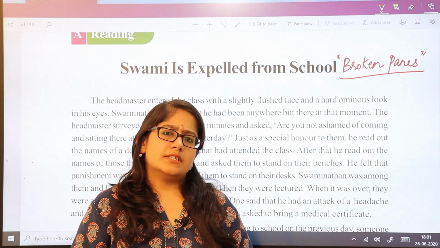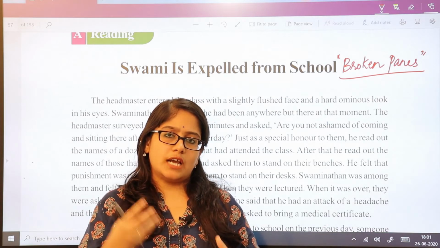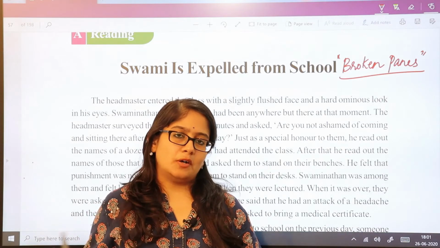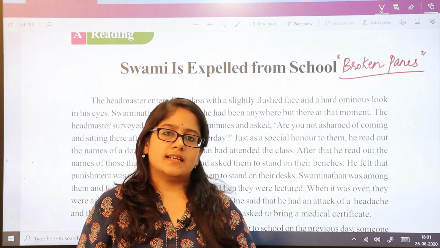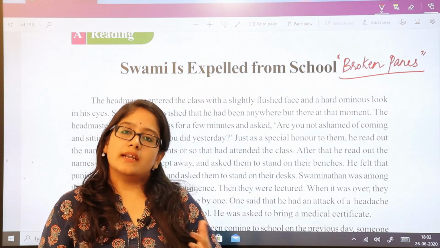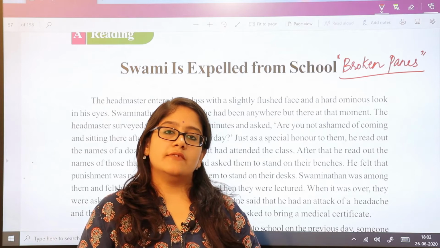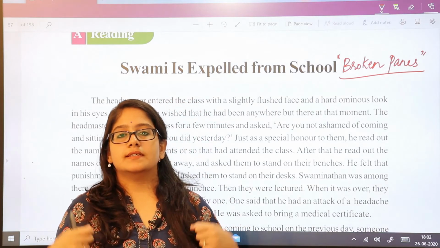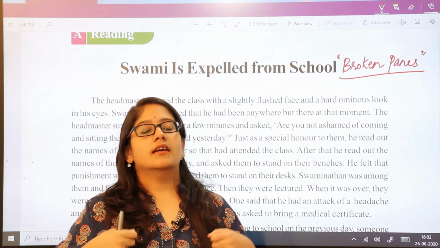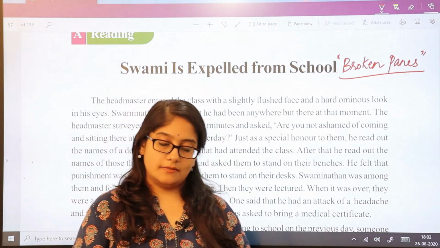Then Swami's father gets really angry because he's apolitical and he doesn't want his child to be part of the politics. He asks whether his son really joined in the protest himself. Swami refuses. He says he did not join in the protest. However, he was forced to take off his cap and coat because they thought they were made of foreign cloth.